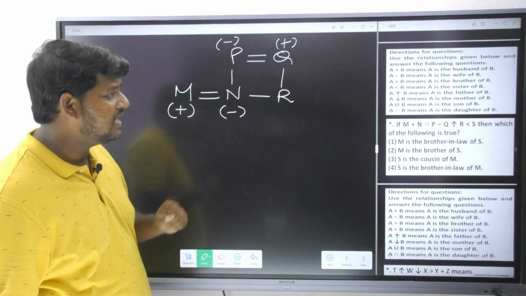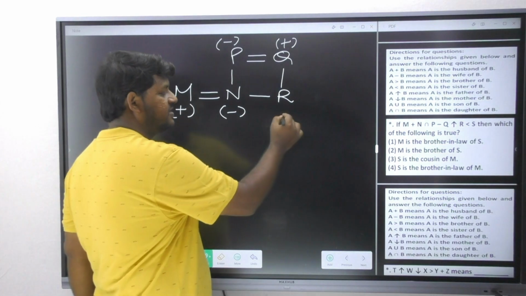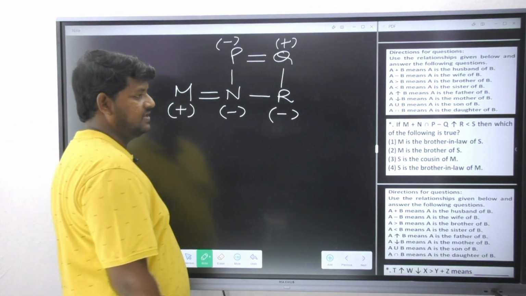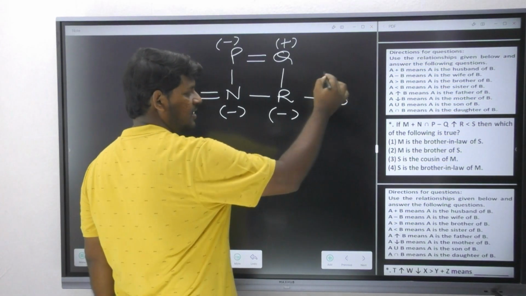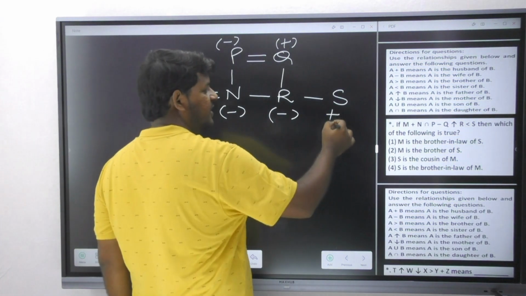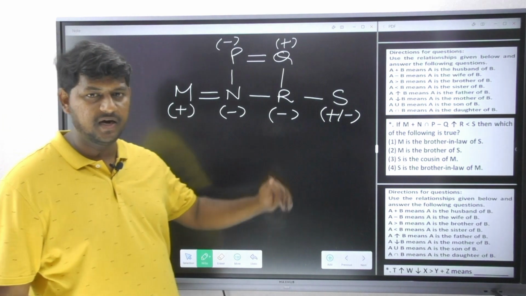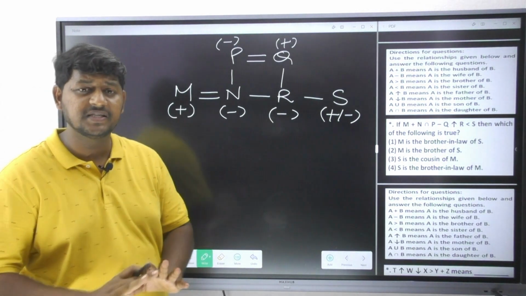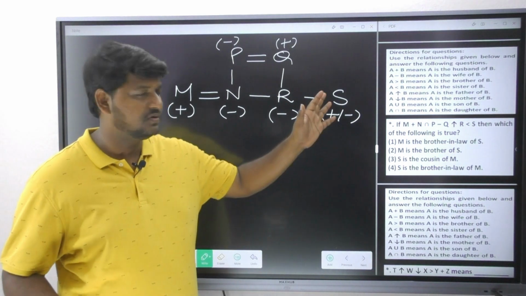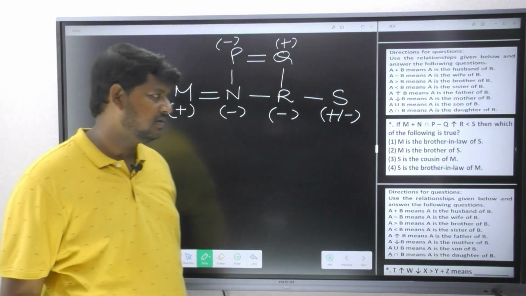Next, R less than S. Less than is indicating what? R is the sister of, less than is indicating the relation called sister. Sister of whom? Yes. But it is impossible for us to identify the gender of S. The extreme right hand side person's gender is not going to be clear for us, not always. In the wife and husband cases you can clear it.